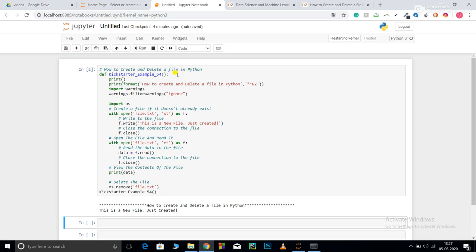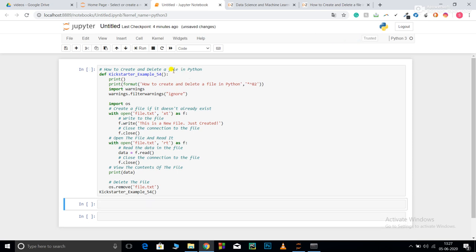Now, files are just simple text files that you can create in Python. Suppose you write some code and you want it saved somewhere. You can save that code in a text file, and when you want to run it again, you don't need to write it again. You just need to read that file by using a for loop statement or a while statement, and it can run that for you. File handling is a very important thing that you do in Python and is very necessary for future use. So now let's get started with the code.